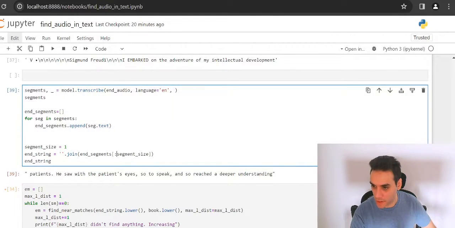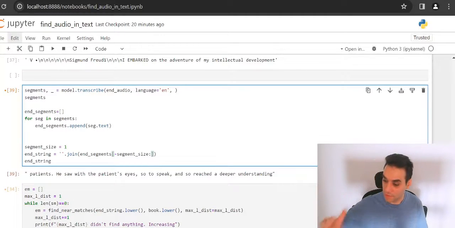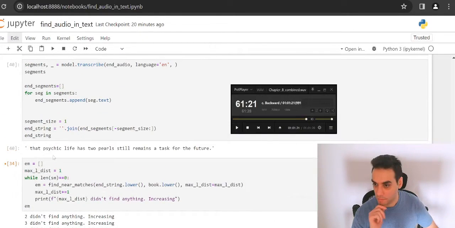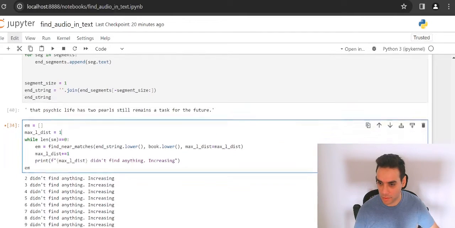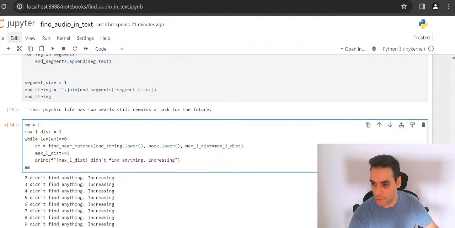I made a mistake here, apparently. This is the end segment, so I have to go segment size minus all the way to the end to get the final sentence, or if segment size is 2, the last 2 sentences. So I'll just run this part again. So that psychic life has 2 pearls still remains a task for the future. Let's see. Okay, has 2 pearls. I'm not sure if it's correct, pearl or another word, but I'm going to,